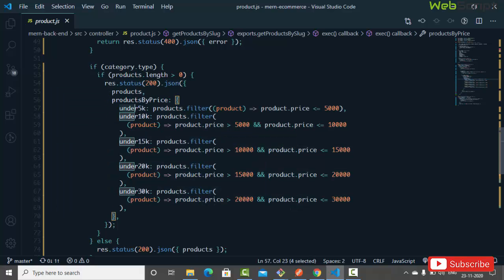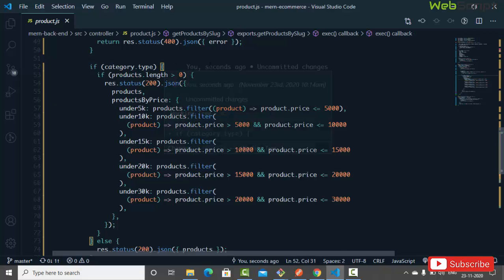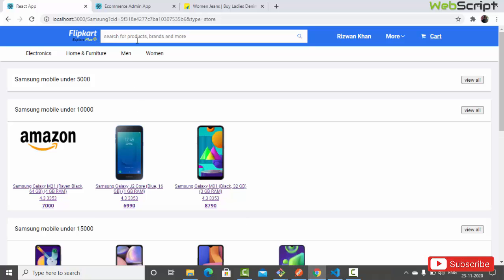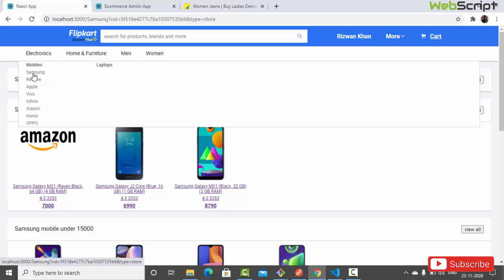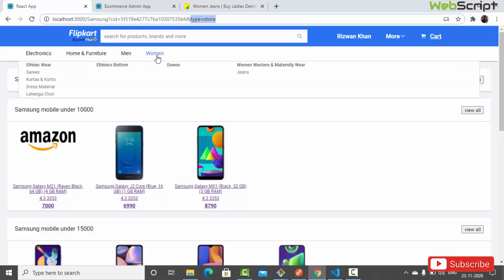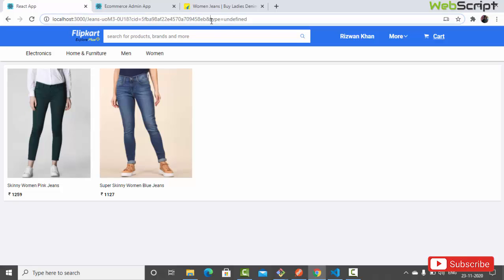So like under 5k, under 10k, 15k, like that. I have added one more check, that's again checking for the category type. So for example, if you go here and if you click on this Samsung, you're gonna see type equals to store, right? But if you go for the woman, some of the categories will not have type. For example, if you go to jeans, and here it is coming type equals to undefined, or basically you can